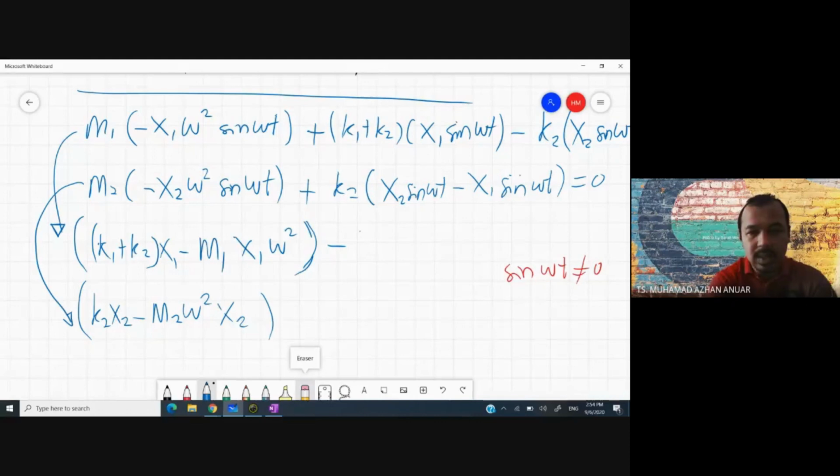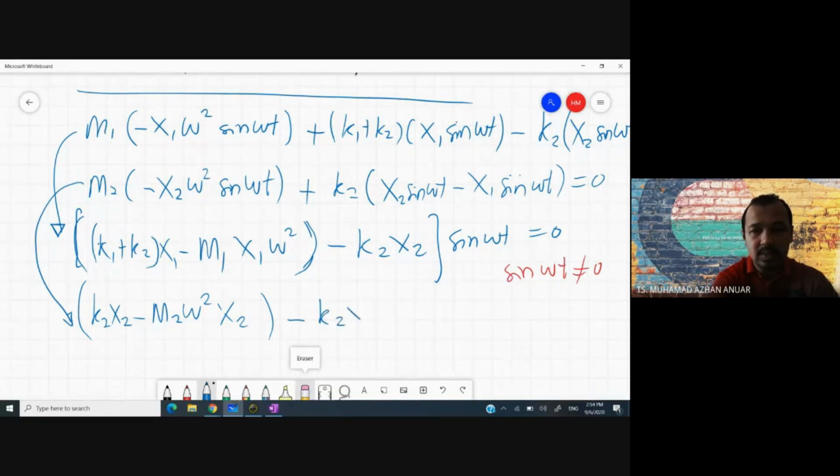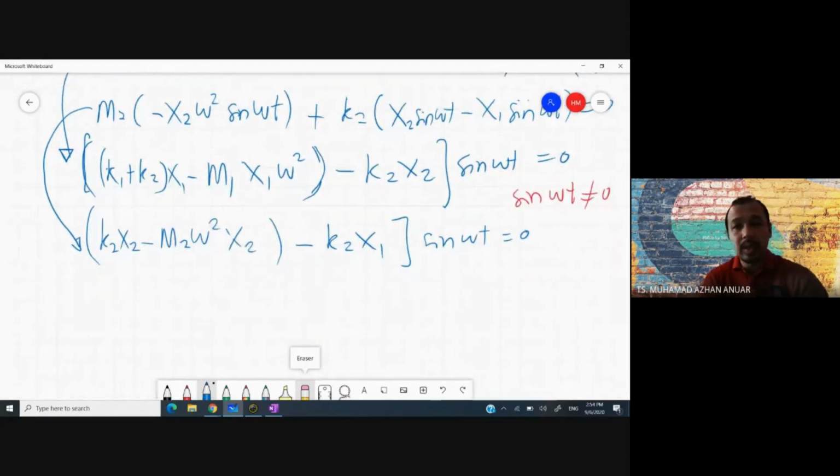So minus k2 x2, and then we put everything as sine omega t is equal to 0. And then here you have the minus k2 x1 and everything times sine omega t is equal to 0. Okay, so we know that sine omega t is not equal to 0, so the term inside the bracket will